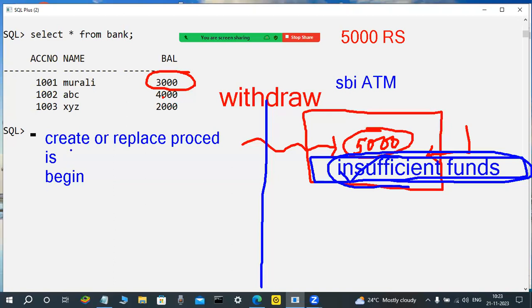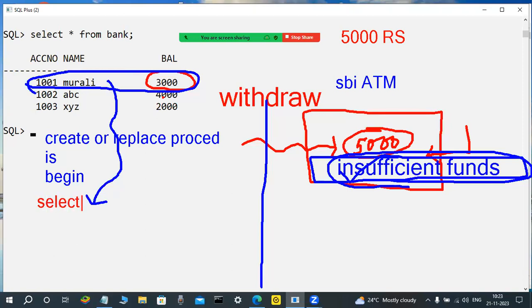Then we retrieve the data based on whatever account number the user entered, from the database into variables. So in the program there is a select into clause, don't worry. Whatever data we are fetching from the table, then we check an if condition. If the user-entered amount, which we also store somewhere, is more than the available balance,